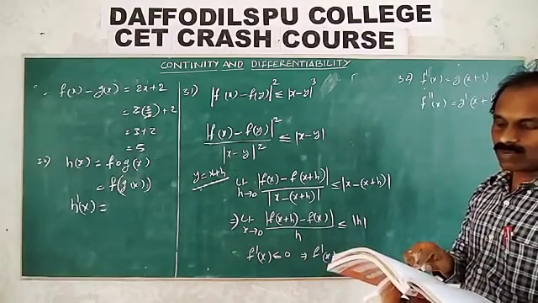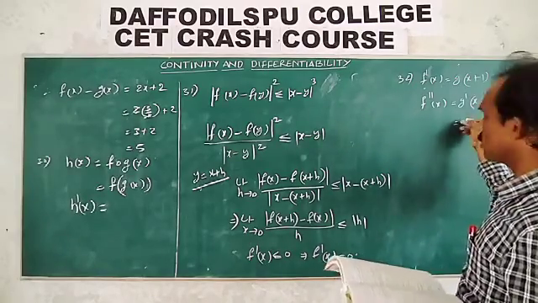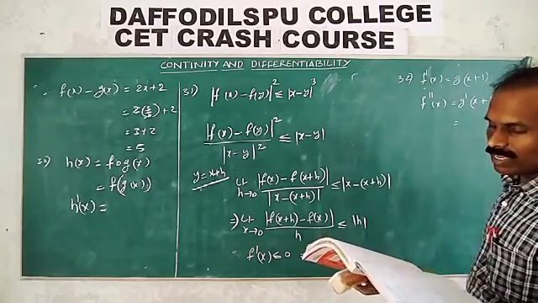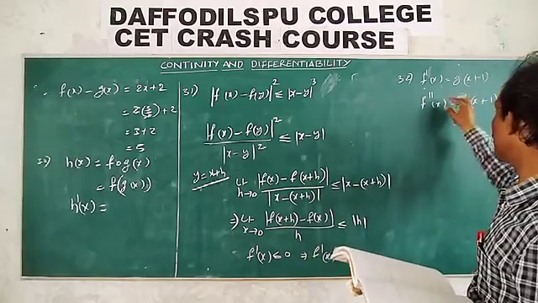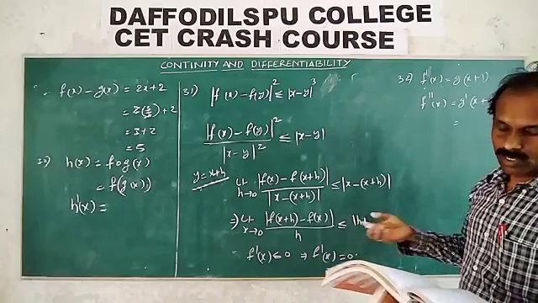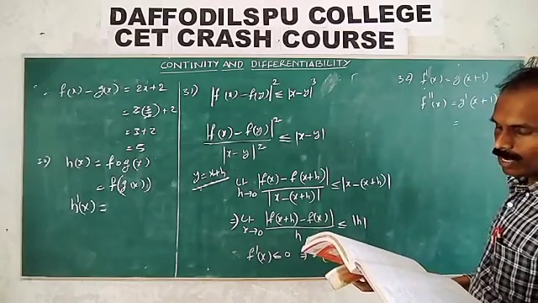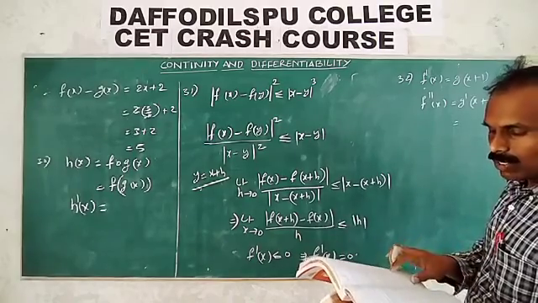Already the g dash x plus 1 value is given: h of x minus 1. h of x minus 1. Substitute in this one and you will get the answer. And finally, what is f double dash x? We will get the answer, first option. Next, 33, also do as homework.